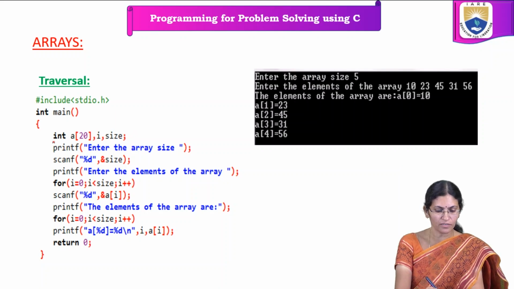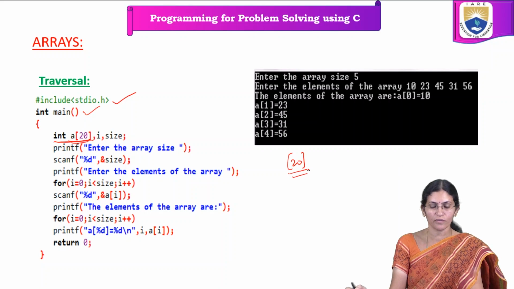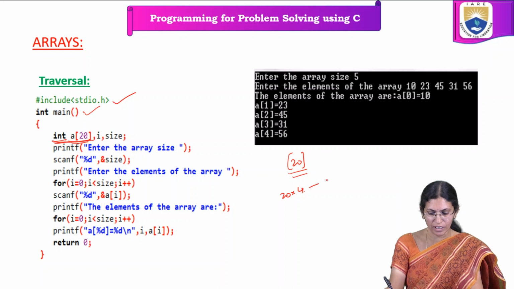First, this is the header file, and then after that the int main function. There should be an int main function. In the next line, we have declared an array. Its size is 20, given in the square brackets. 20 means 20 elements can be stored in the array. With this declaration, the memory allocated for this array will be 20 into 4, because each integer data requires 4 bytes. So, 20 into 4, 80 bytes will be allocated in the memory